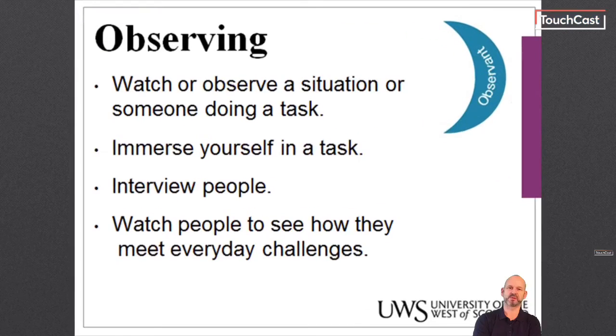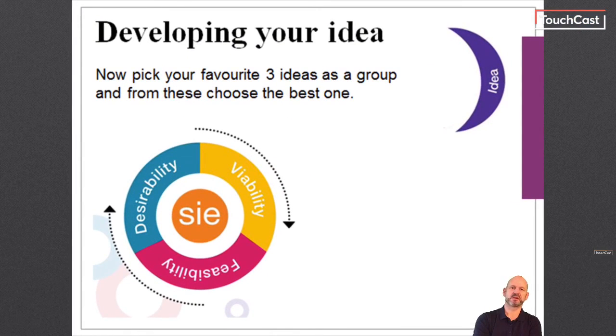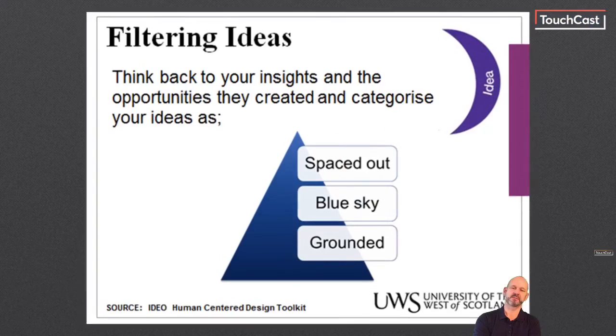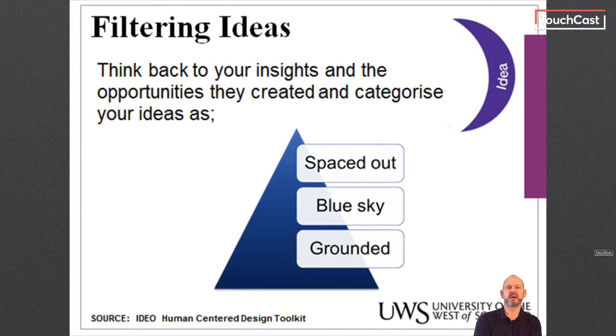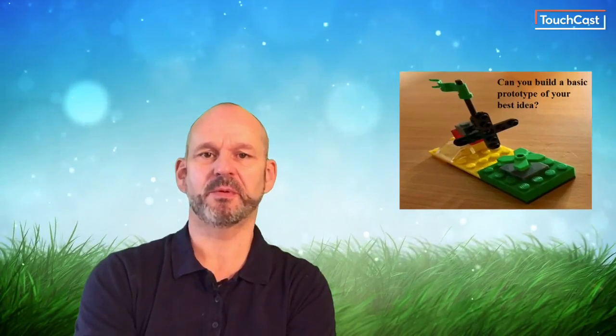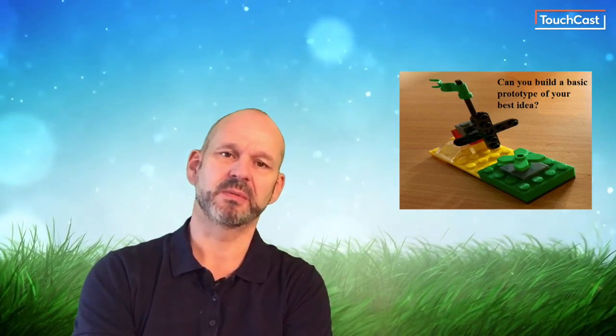Next, we need to strengthen our hunch, and we can do this by carrying out some very basic research online or through observation. And again, the observation can also be done online. Now we need to decide which ideas are worth pursuing, and we should discard those ideas we feel simply aren't as good. So take your top 3 ideas and use the 2 filters from the digital lecture to determine if they are blue sky and also if they pass the triple test of desirability, feasibility and viability. And lastly, consider if you could develop a simple prototype of your idea to demonstrate to others and yourself that the idea is ultimately worth pursuing.